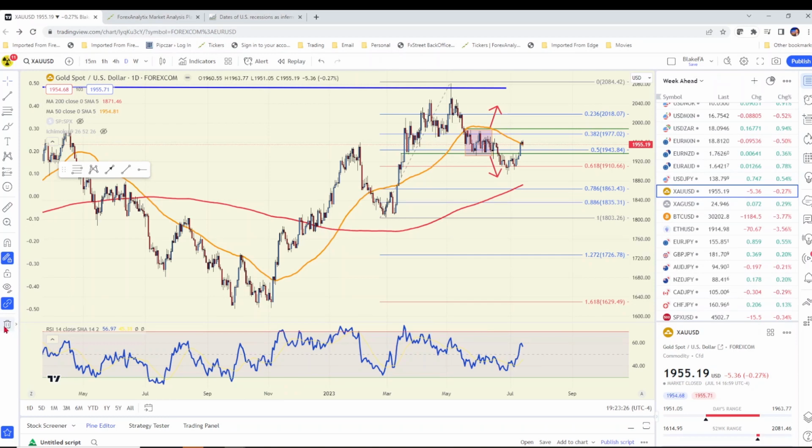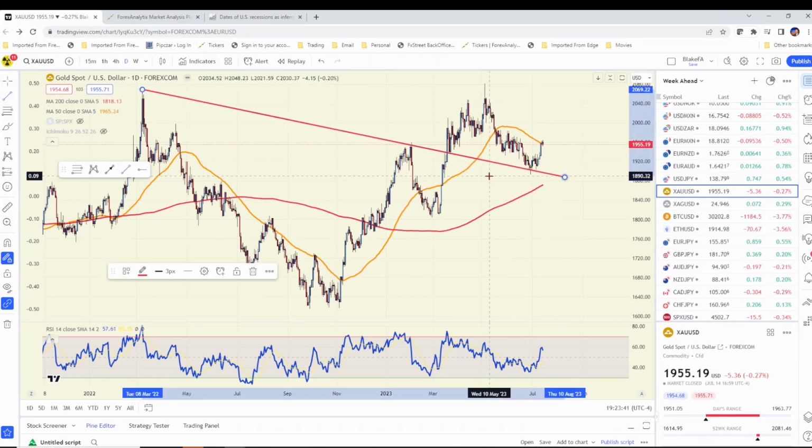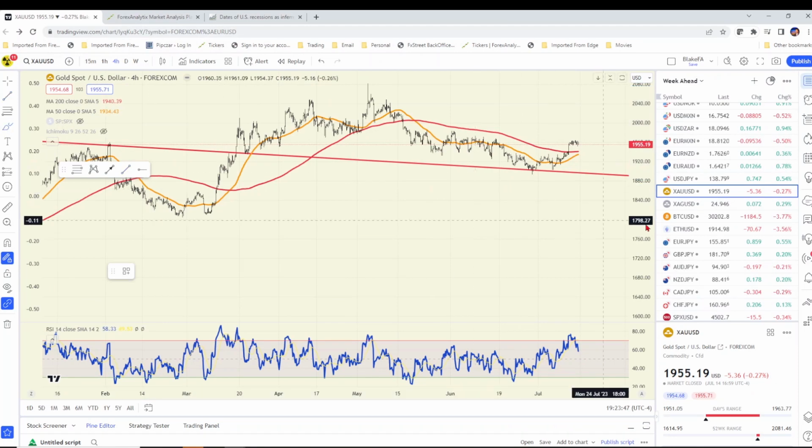I'm going to delete this here because we haven't looked at this chart in a while. This particular chart on this show, gold, it has responded. We've seen a bit of a rally from support, okay? And we have an inverted head and shoulders pattern that really should play out. I'll draw it out for you really quick. Here's a shoulder, there's a head, there's a shoulder. And it should play out towards 1975 or so.